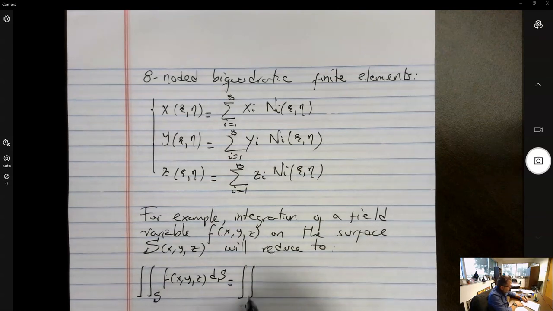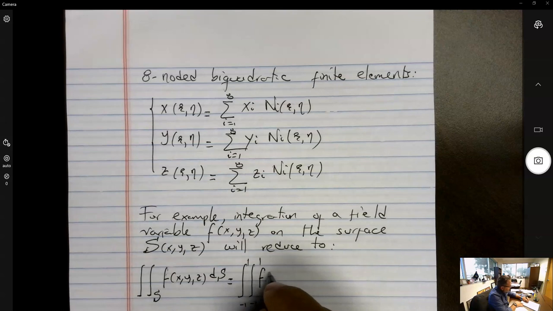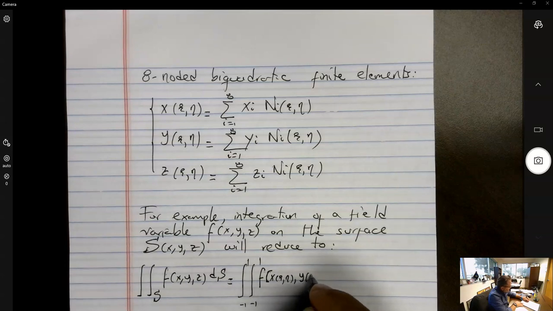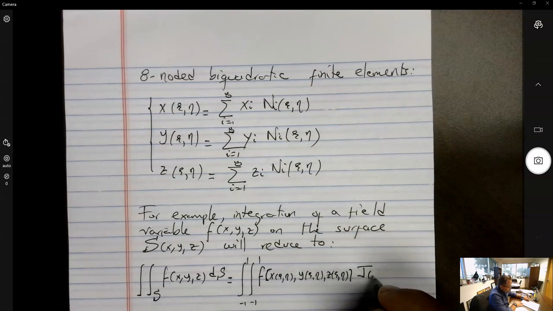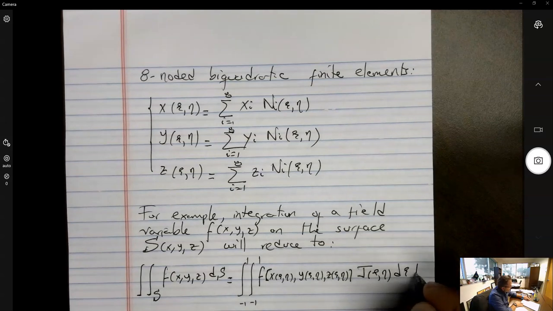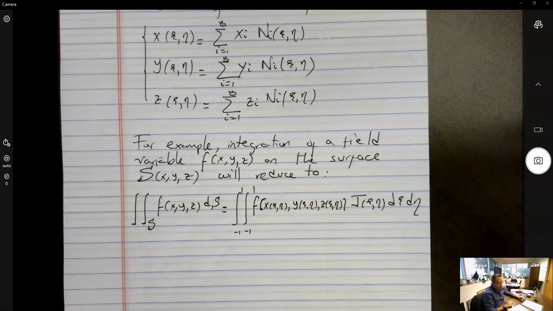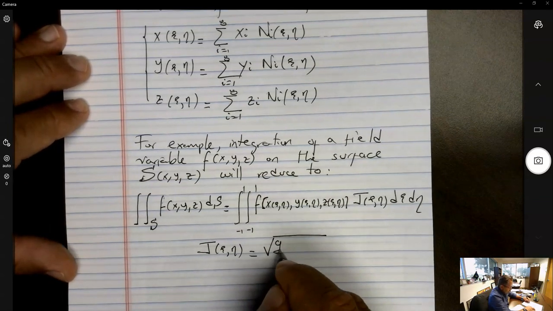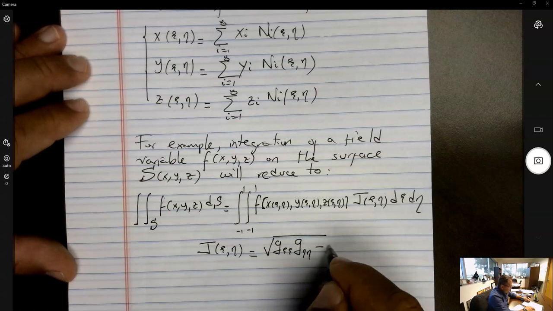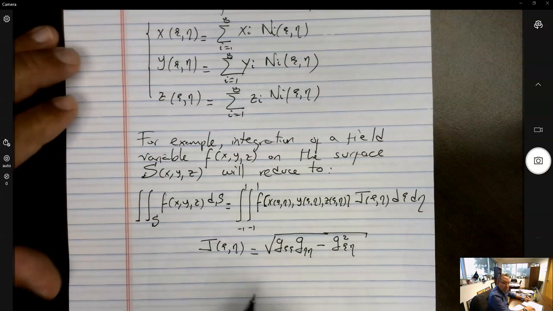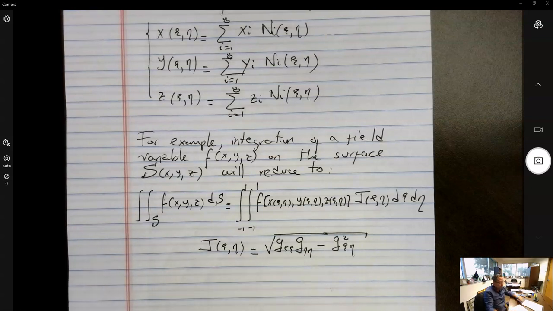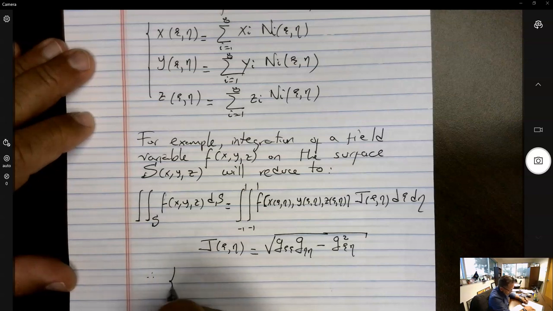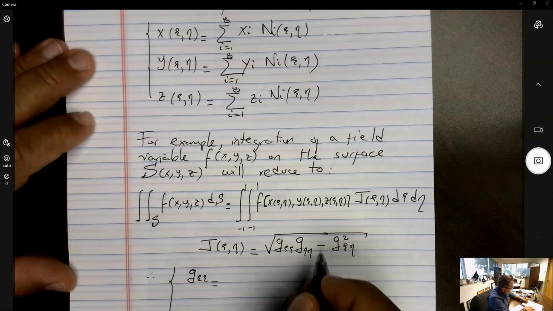Then this will equate to an integral between minus 1 and 1 of f, and then x will go as x of psi and eta, y of psi and eta, z of psi and eta, times some Jacobian of the transformation, d psi, d eta. So it will reduce to an integral from minus 1 to 1, which is a simple integral, where the Jacobian of the transformation is now the square root of g psi psi, g eta eta minus g psi eta squared. Remember, this coordinate system is not orthogonal, so we have to use the full set of elements of the